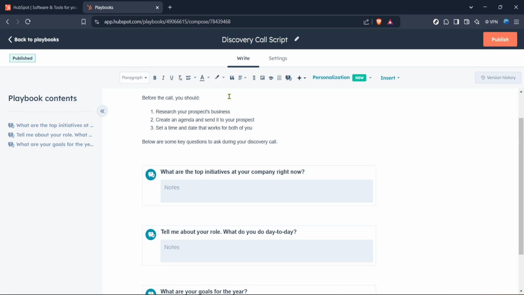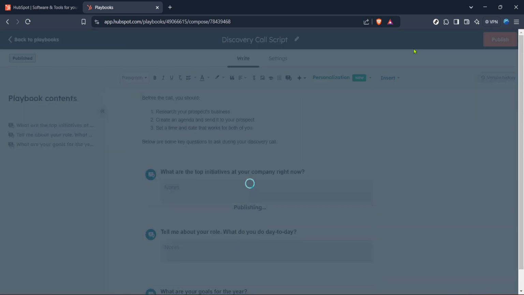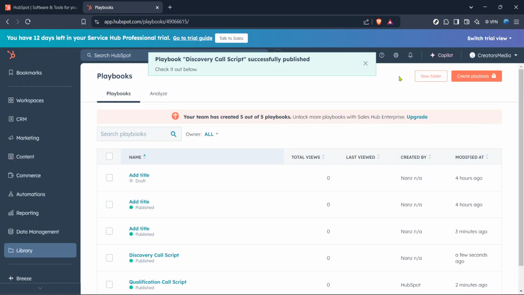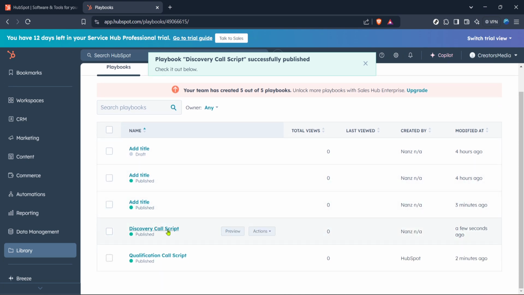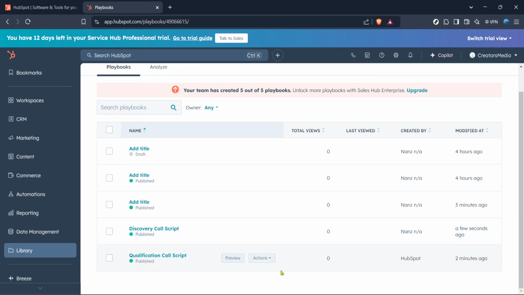With your playbook published, you've successfully utilized HubSpot to enhance productivity and coherence within your team. As you incorporate these structured guides into your daily operations, you're setting a foundation for more efficient workflows and reliable results. Remember, playbooks can be continuously updated to adapt to any new strategies or changes in your processes. That's it for today's guide on creating and using playbooks in HubSpot. With these tools now at your fingertips, managing your business tasks can be both seamless and beneficial.